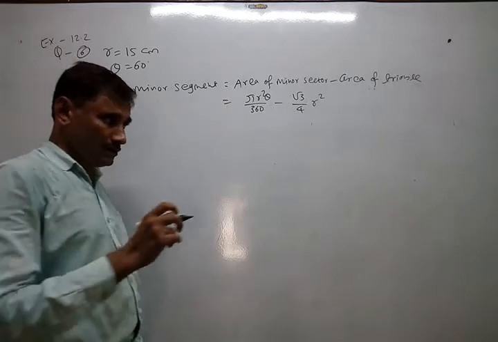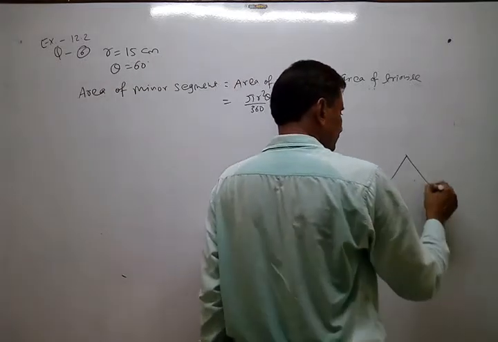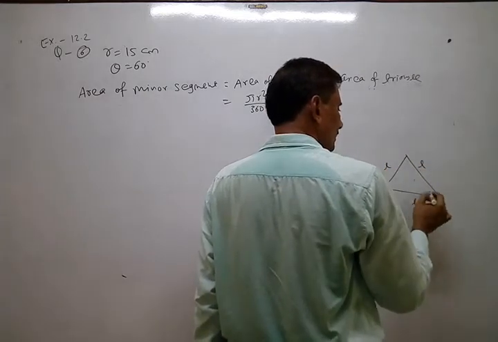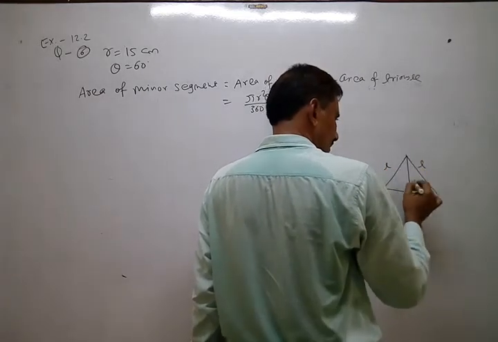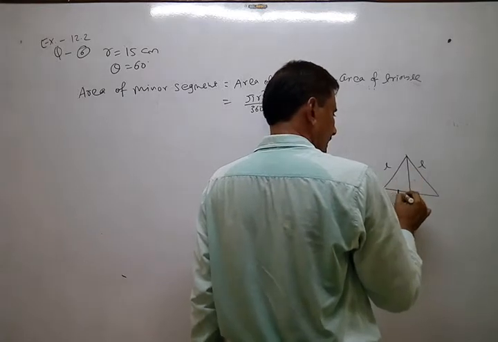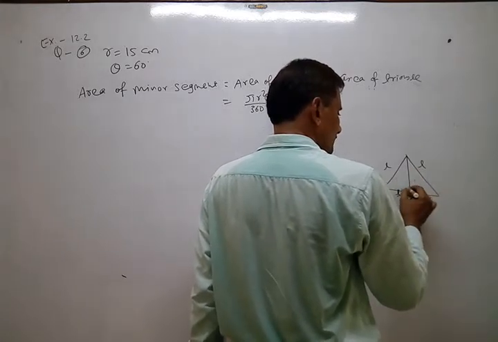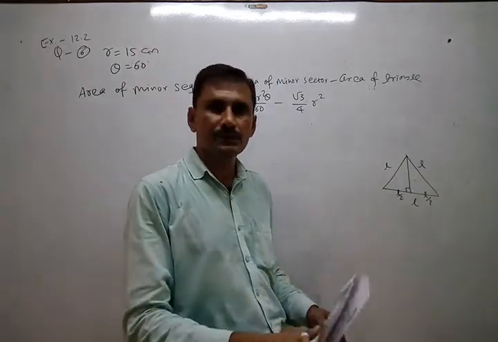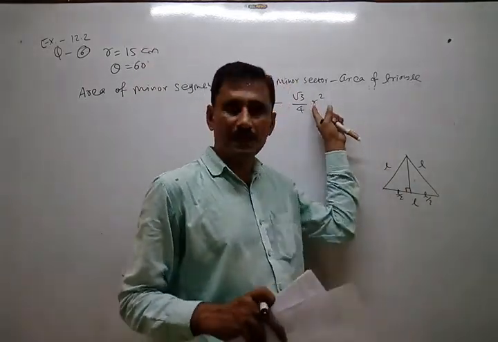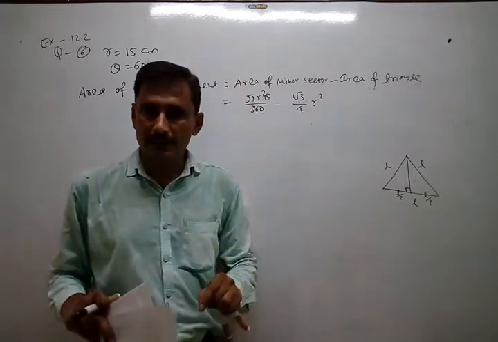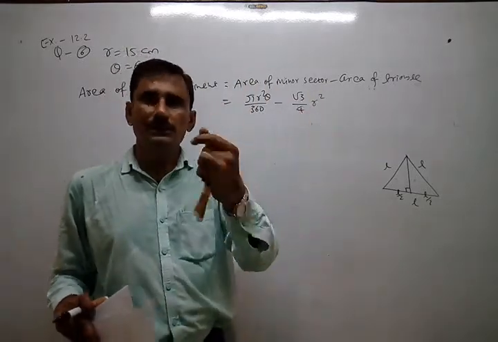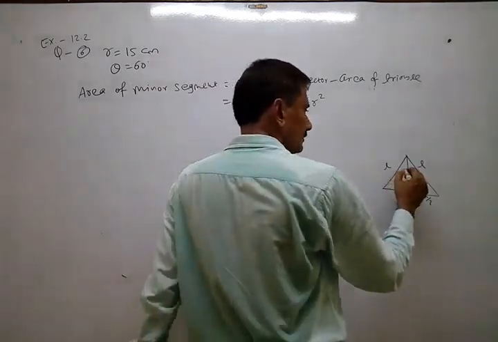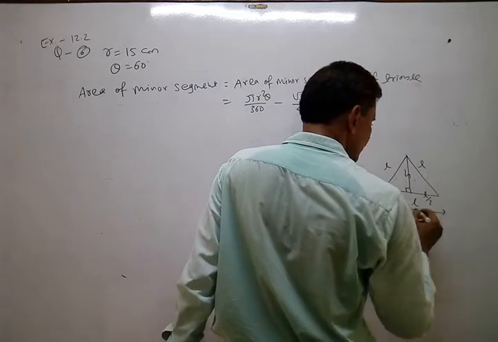Why? Area of equilateral triangle. Suppose these are all given L, L, L. Then you can find it by Pythagoras formula. This is median as well as altitude. Actually, I am going very deep, so just try to understand where this formula came from, if you want to know. Otherwise, you can remember it without understanding also. But try to understand here. This is altitude and this is base.